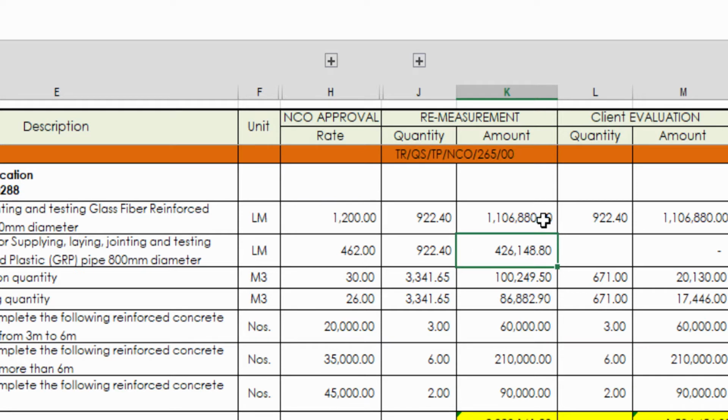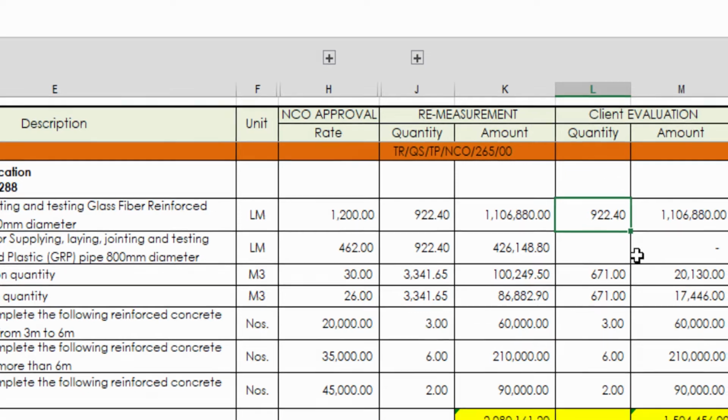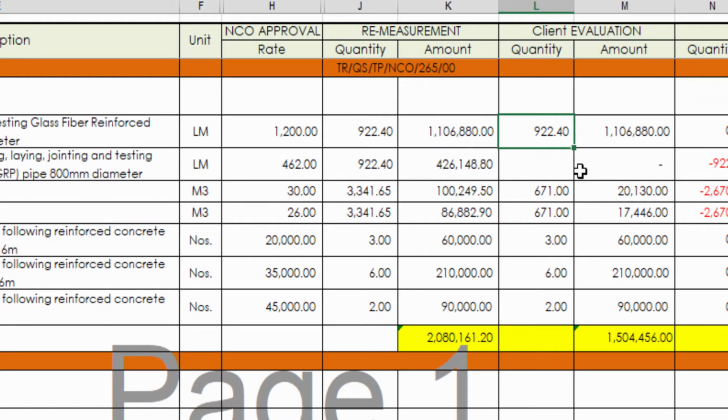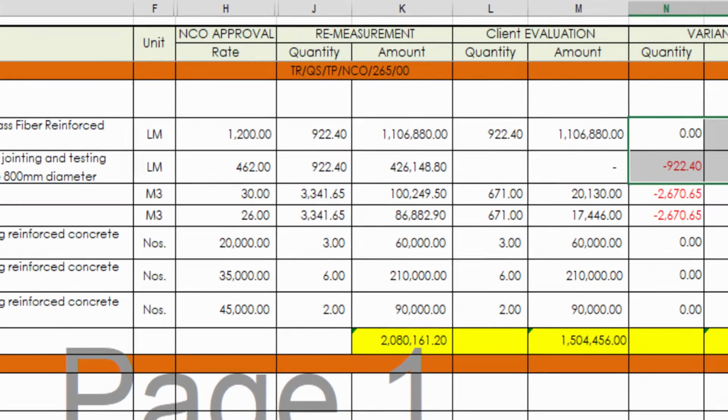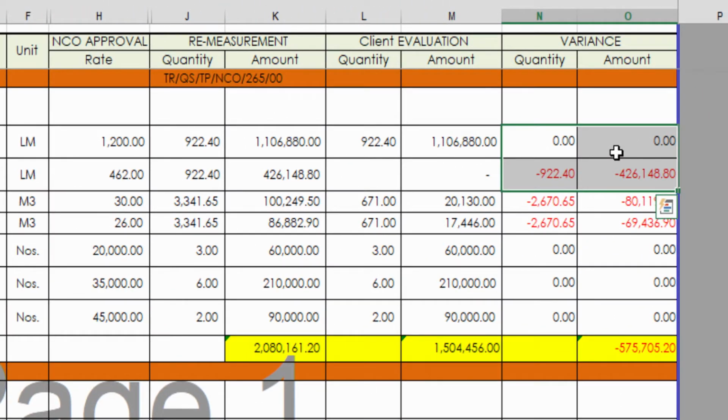Okay, so this is the amount that has been submitted to the authority for approval. As you can see, when they evaluate, they agree that this quantity, 922.50, is the right quantity, so we write it again here, and the amount will be similar, of course, and see, there is no variance over here. Okay, so this is the first thing.